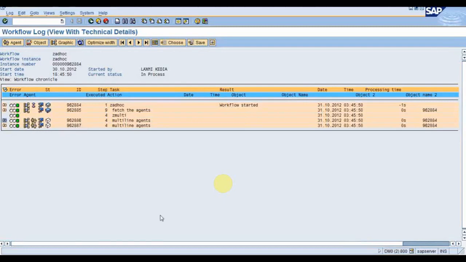So any doubt on this? These users I will show you in the next class or tomorrow. I will have to check this. So any doubt on this particular instance, or the concept of this instance ID, or the users who will be receiving this instance or the work item in the inbox?